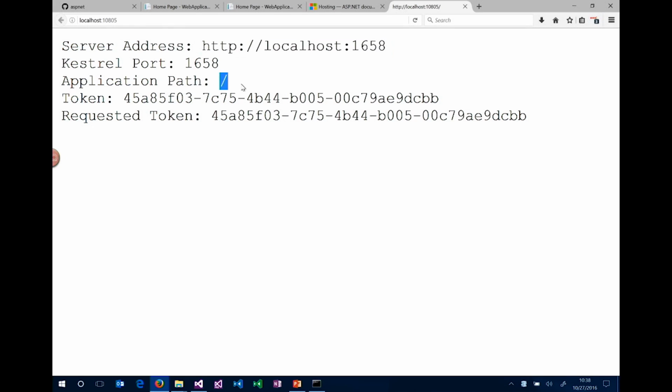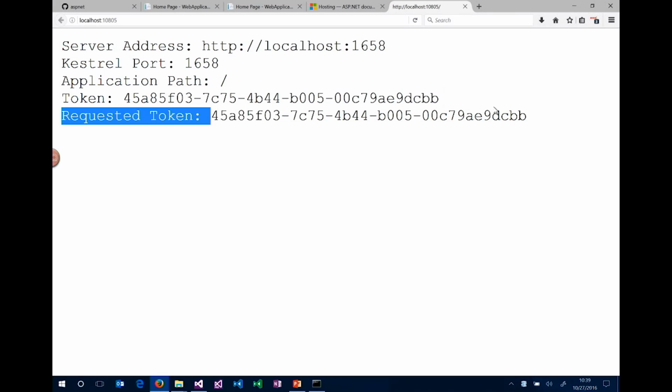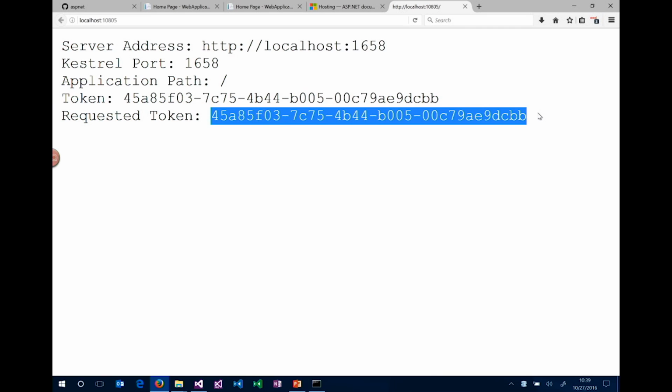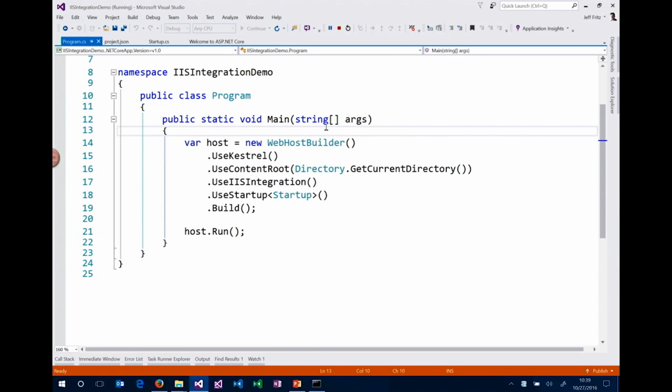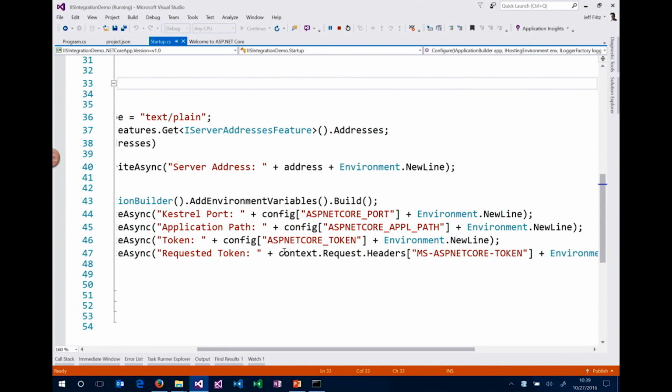It's listening on just the slash, right? It's at the root of the application. That's where it lives. And here are these two tokens that are being passed around, okay? So IIS sets this token variable for Kestrel to see, so Kestrel knows what to listen for, and Kestrel received this token inside of its HTTP request headers. Check it out. If I look at my startup here, that requested token, I pulled it out of the context request headers,